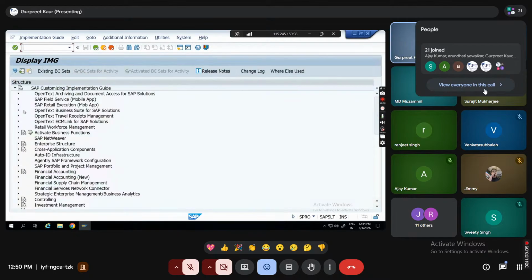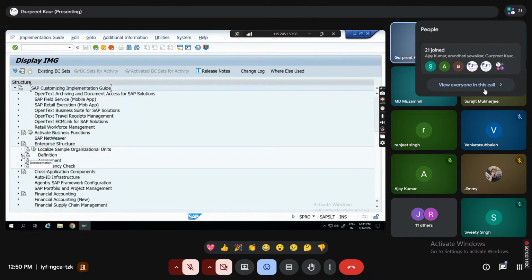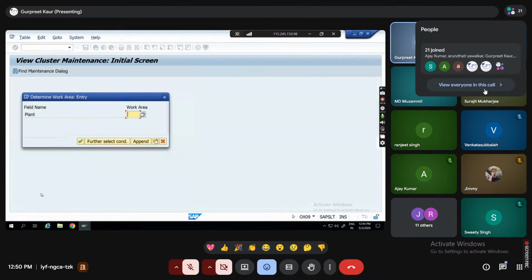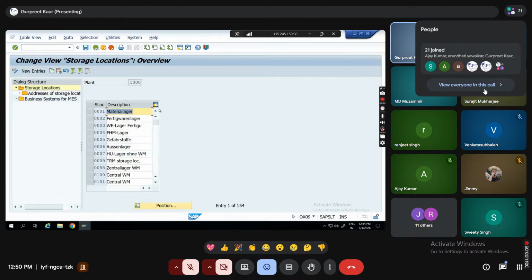Okay, in enterprise structure, whenever we go for creation of your storage location or purchase organization, you can see we only have the storage location number and description.